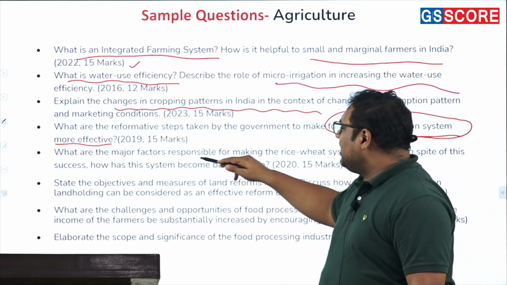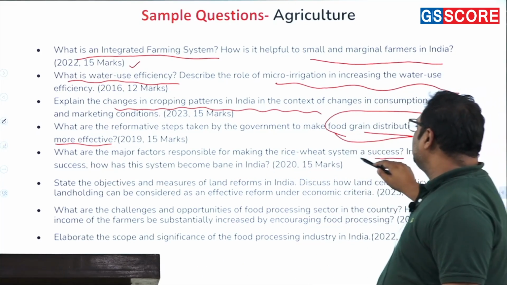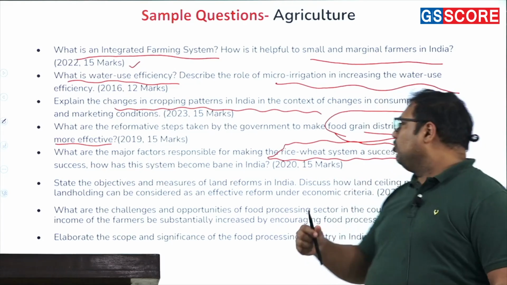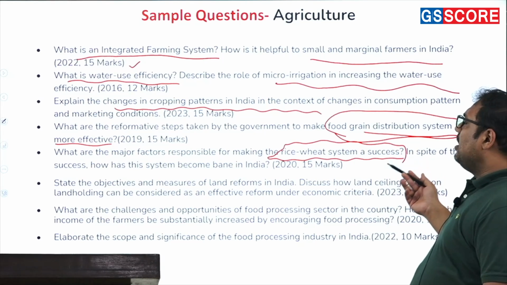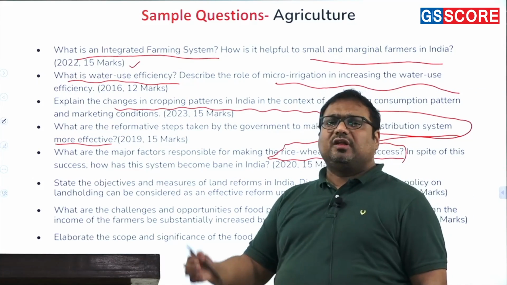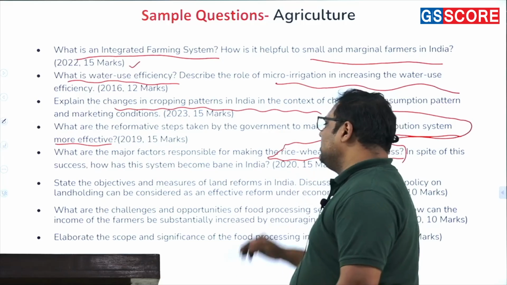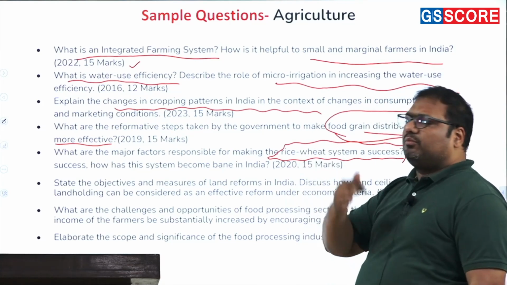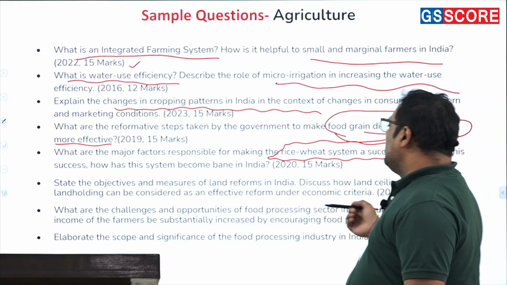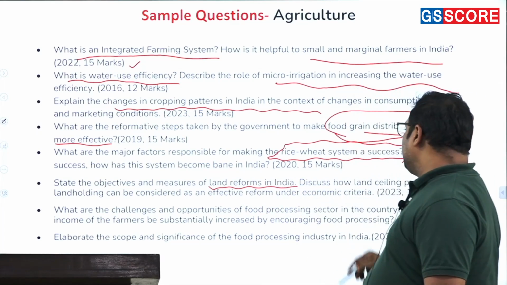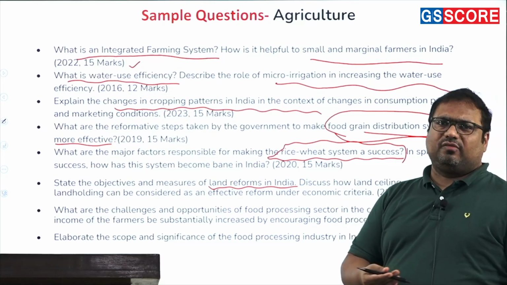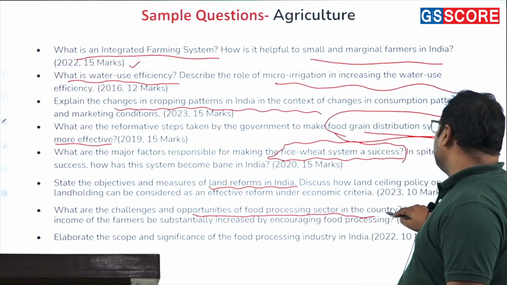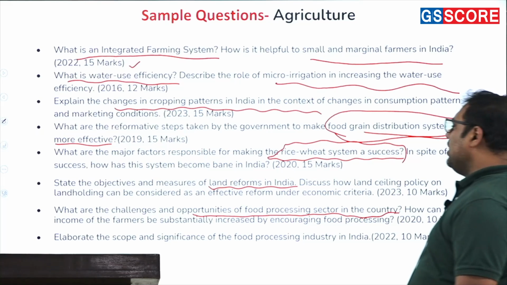Then, what are the major factors responsible for making the wheat-rice system a success? This question is about the green revolution and also diversification. Okay, how has this become a problem today? The negative aspects of the green revolution are in the second part. So this is what I was talking about, that the green revolution has some benefits and certain issues. Then land reforms, this is a direct question because land reforms is a straightforward factual topic. And then challenges and opportunities of the food processing sector in the country, and how can the income of farmers